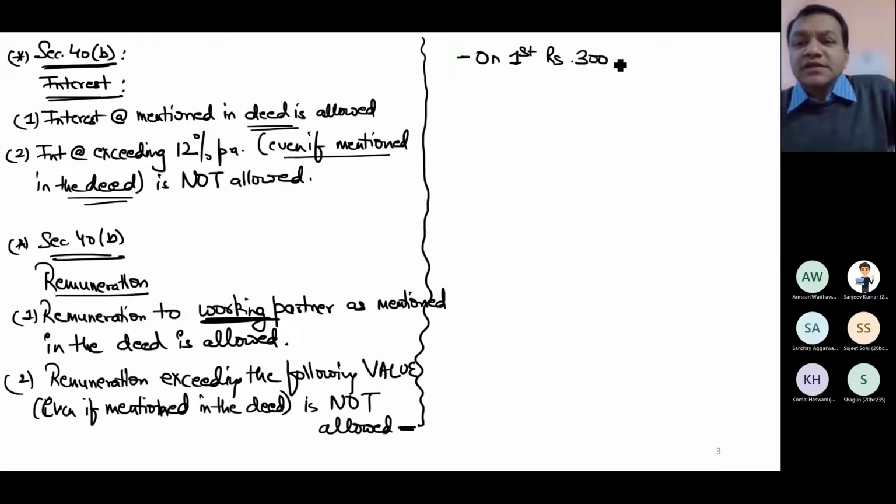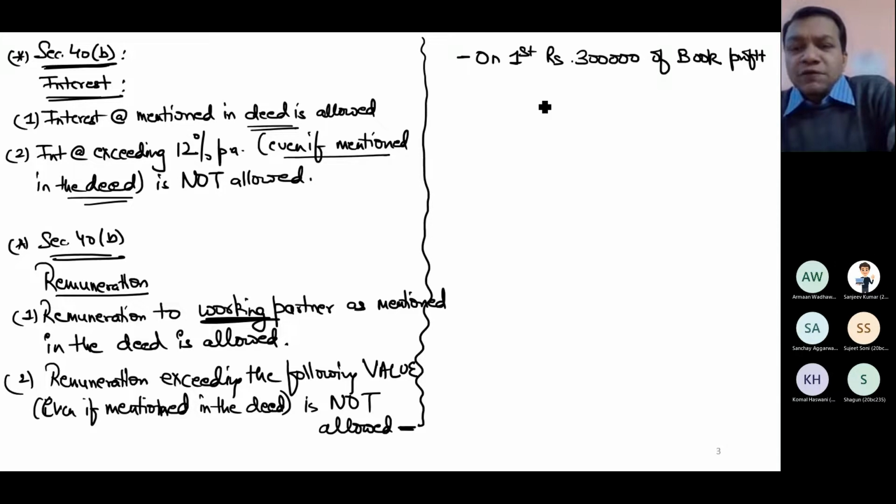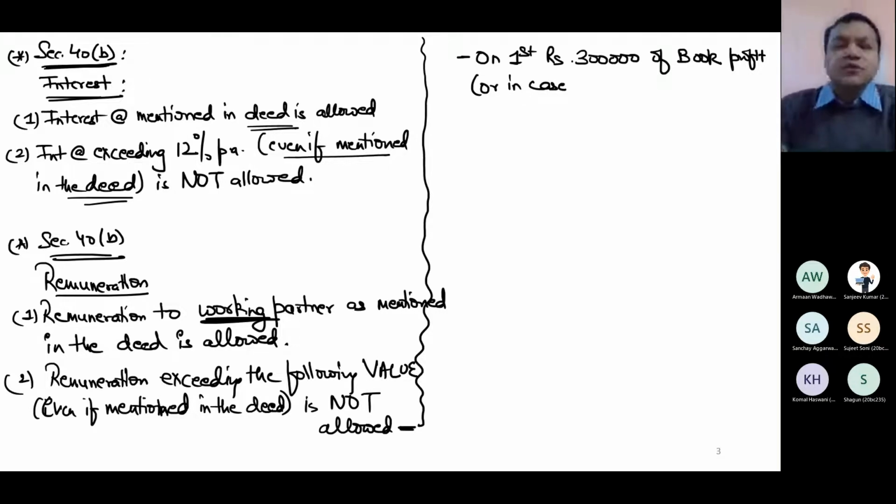So there is a new concept which has come, book profit. Everything I'm talking about is for a partnership firm. So on the first 3 lakh of book profit of a firm, or even if there is no profit, you can still pay remuneration if you want. Even if a firm is not earning profit, it doesn't mean that the partners don't have any right to get remuneration. How will they run their family? So on the first 3 lakh of book profit, or even in case of loss,